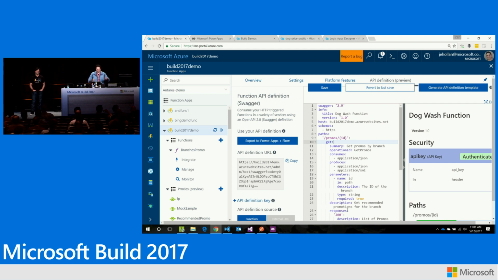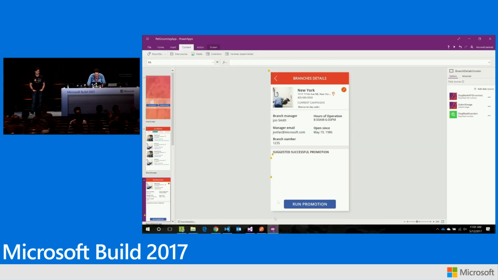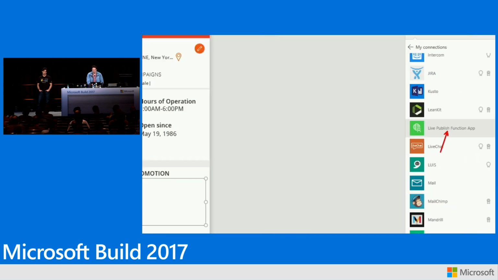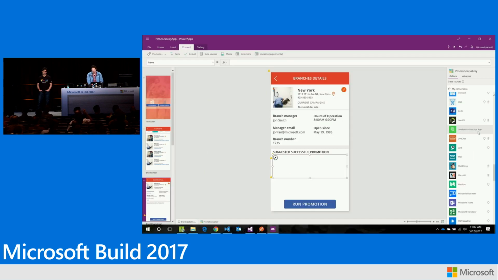So it was just that easy, and now I can come in here to Power Apps, and if I choose this category here, I can come in to data sources. I'm feeling kind of brave. I'm going to try to add the one that I just created. And if it doesn't work, I have a backup, so that's fine. So I'll come in here. We have helpers to debug our stuff here. Yes. And what did I call it again? Live? I think I called it Live. Live Publish Function App. It's right there. The one I just wrote looks great. That's what I want to connect to.